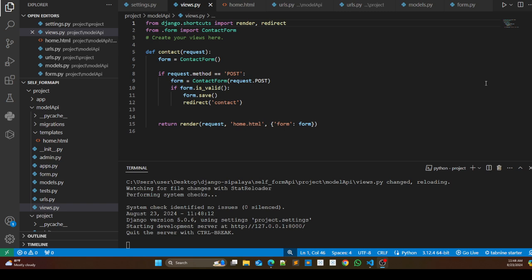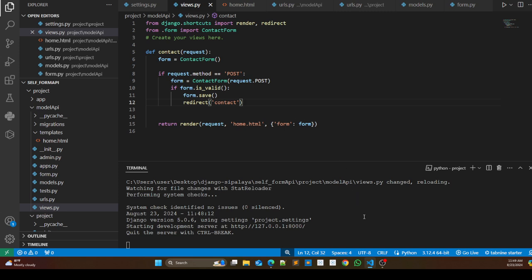So what we have done here is we have provided the request method to post also. Everything that has been provided by the user in the front end will come inside this form, and we will check whether this form is valid or not. If the form is valid, then we are saying form.save. We're redirecting it to the contact also. So if I run this code now,